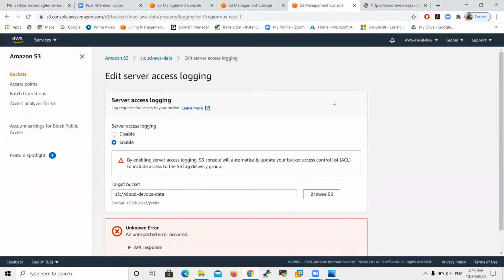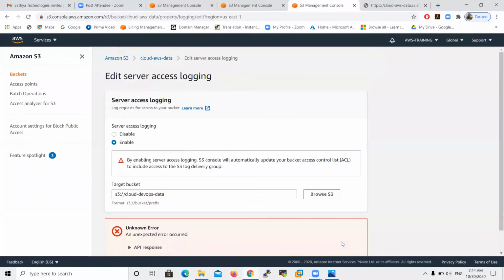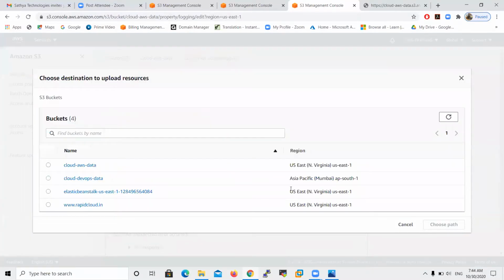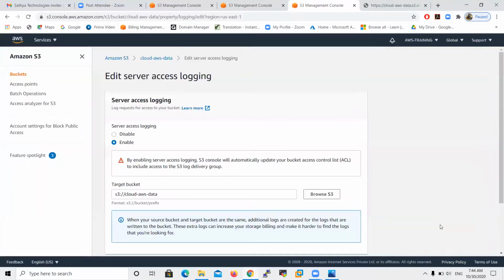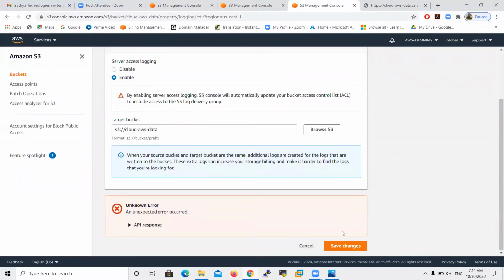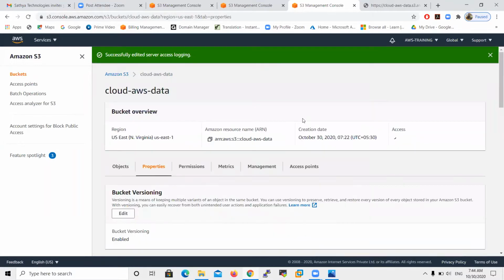Now see that, an unexpected error. Okay, now it is successfully changed.